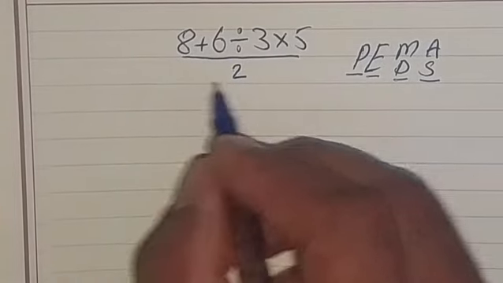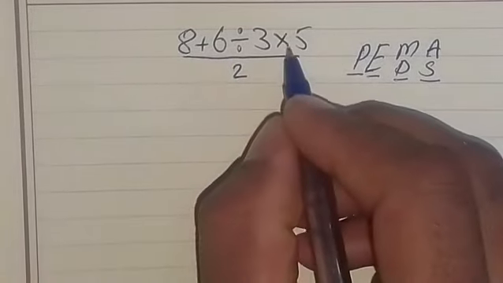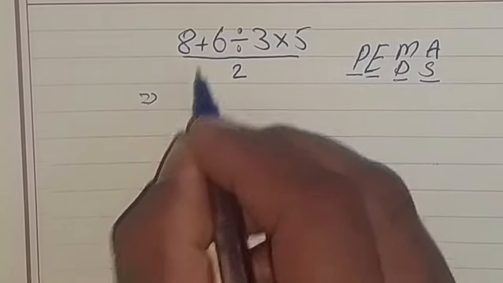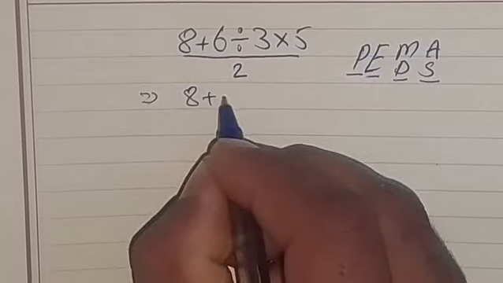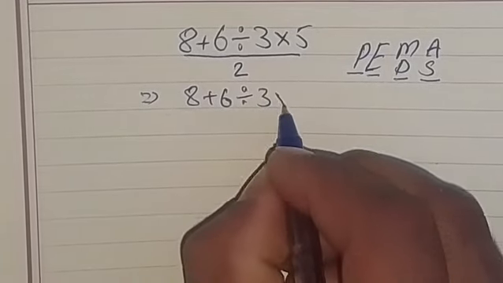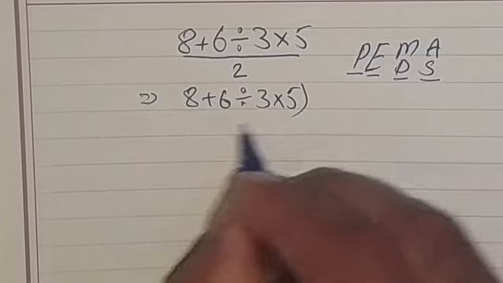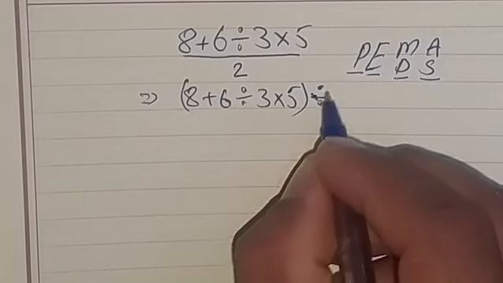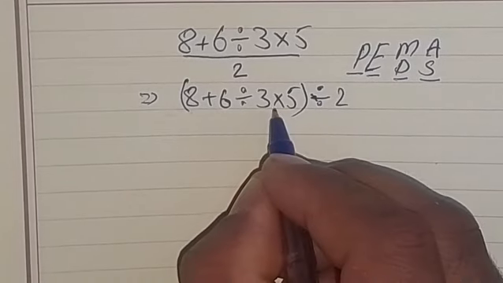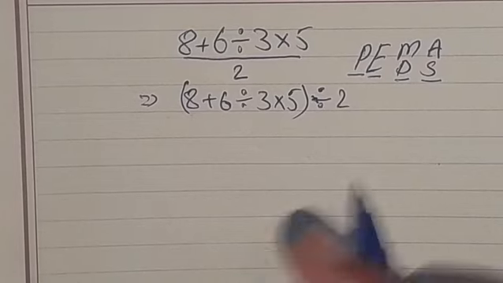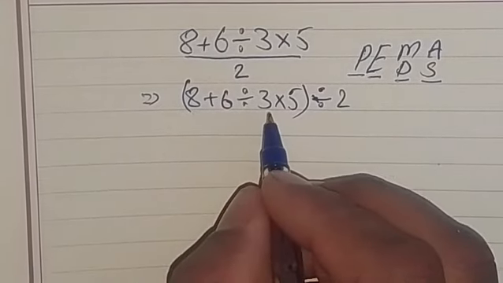According to the rule, first we solve the numerator, then we solve the denominator. The numerator is 8 plus 6 divided by 3 multiplied by 5, and the denominator is 2. So first we solve the numerator, then we solve the denominator. So according to the rule,